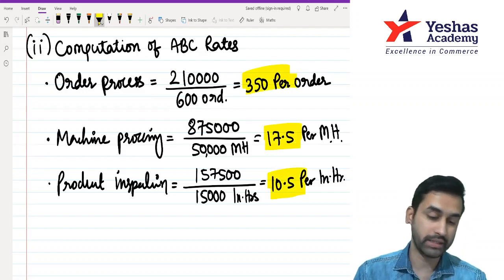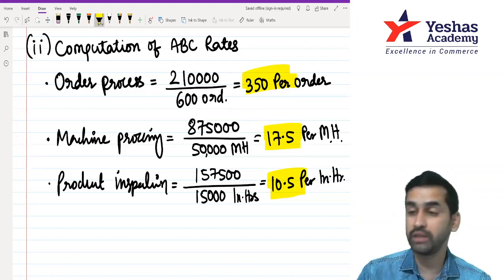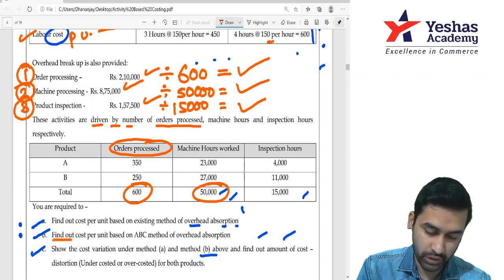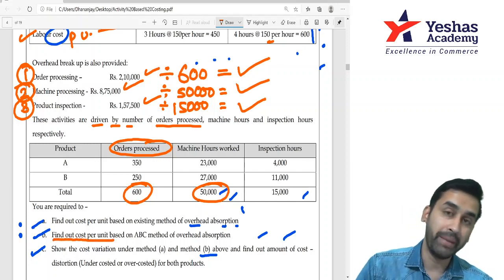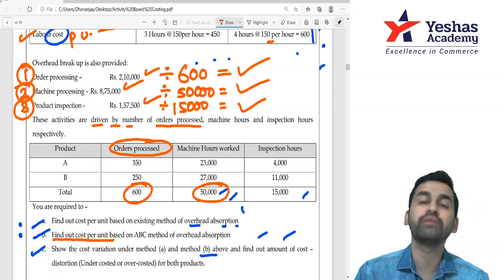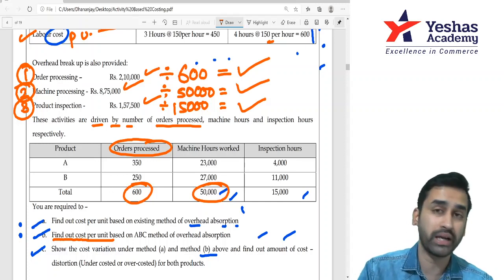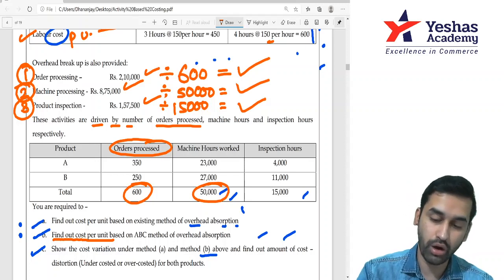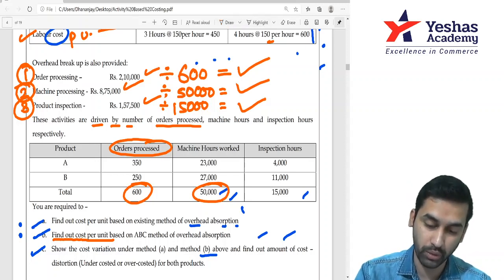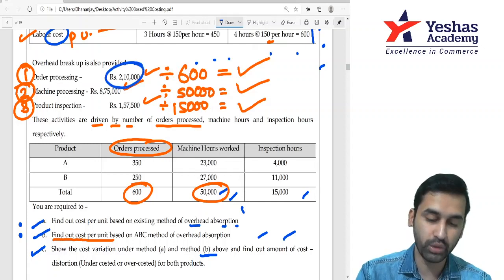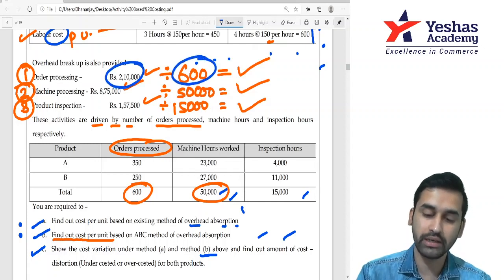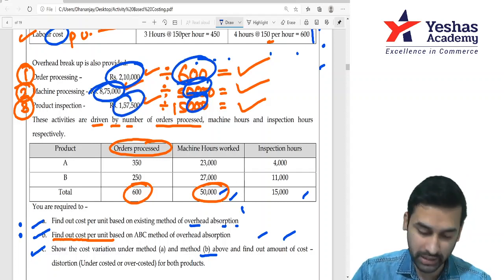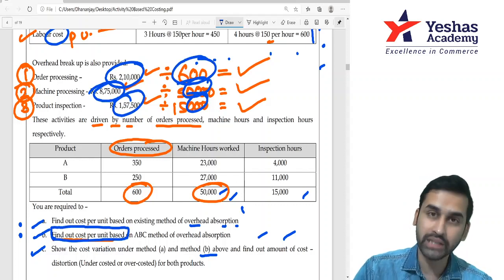What next? Sir, using this you have to calculate cost. Correct. But what is asked in the question? Is it total cost or per unit cost? See sub question 2. It is per unit cost. Material and labor are anyway given per unit, but overhead when you calculate it won't be per unit, it will be in total, because all the numbers that you took, 2,10,000, 600, are in total. So your overhead will also be in total, but the answer they're expecting from you is per unit.